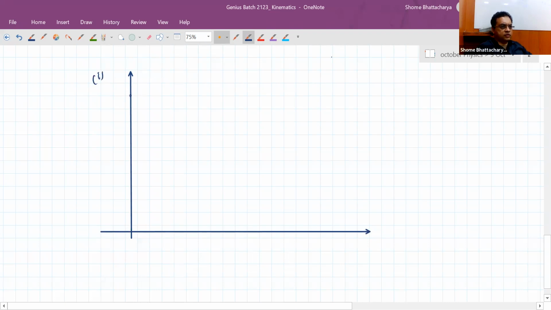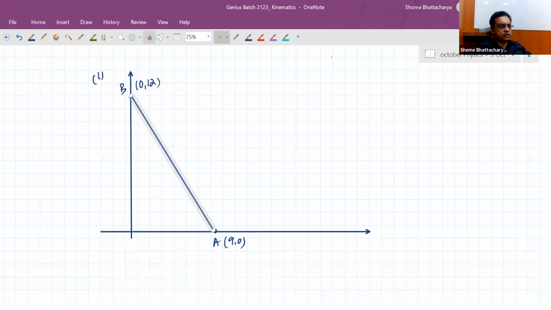For the first part, you will see that if P is located here, comparatively A is somewhere here, such that the line joining the two of them will be like 53 degrees with respect to the negative x-axis. If you're doing this geometrically, using angles and all, it will get a little tricky. But anyhow, we can see VB is like this, and in comparison, VA will be like this.